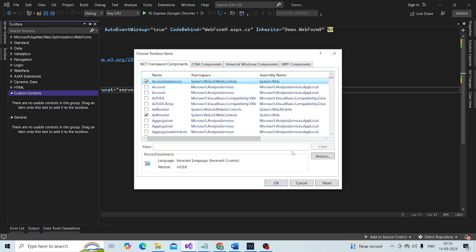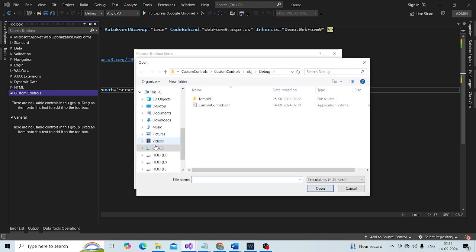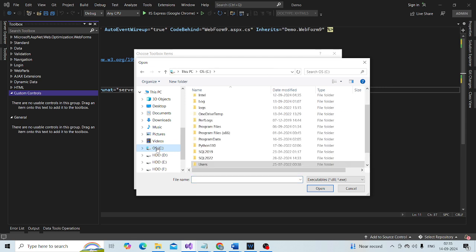What we need to do? We know that our project is created in C drive. So I am going to browse to C drive, the user